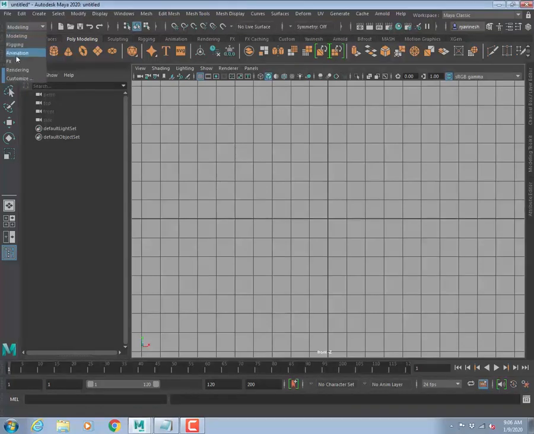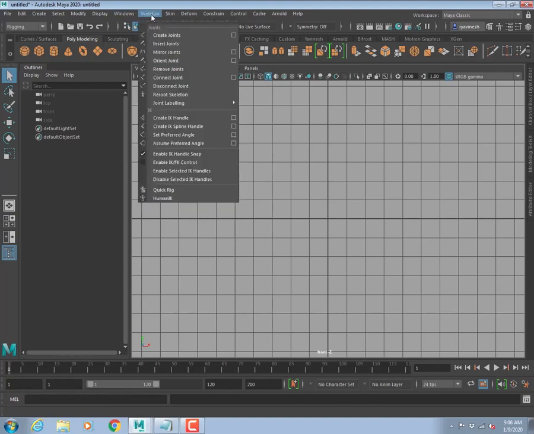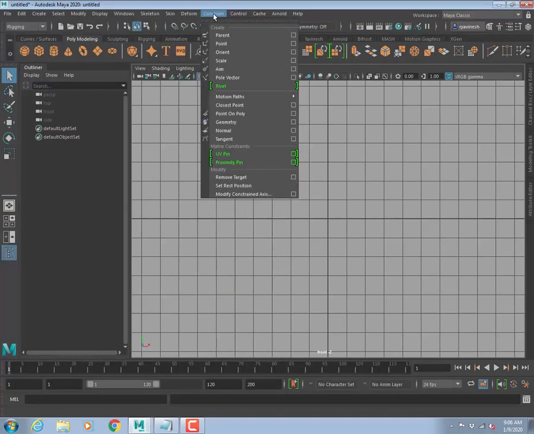Change the menu set to rigging. Okay, menu set to rigging, and then on top here you have a skeleton. Skeleton, skin, deform, constraint. So this constraint, we use constraint to actually attach whatever joints or maybe the deformer, the curvature, or